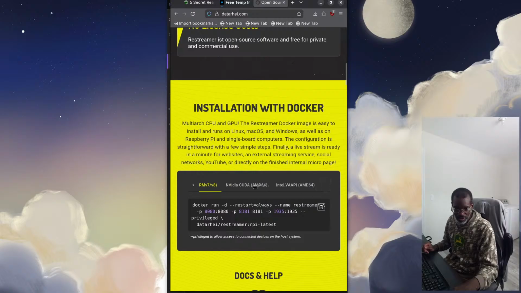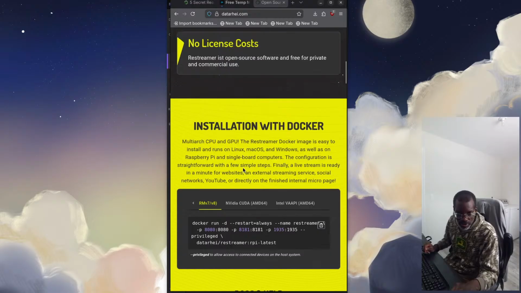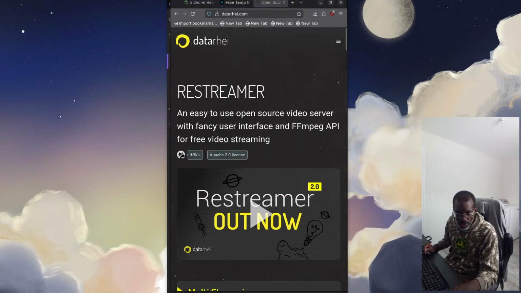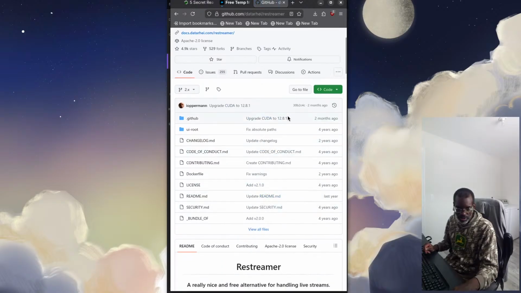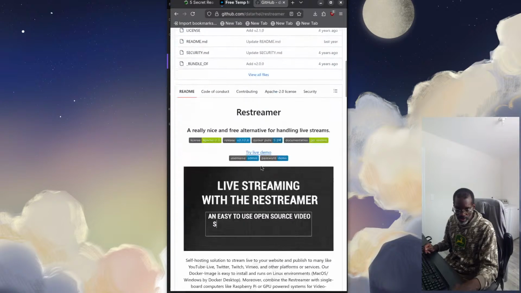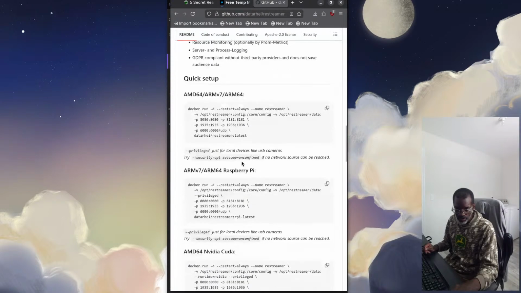All right, and then obviously if you have NVIDIA, CUDA, or VAAPI, it says Intel, but it also works on AMD. All right, and then you can also look at the source code. It's on GitHub, I think. It's a quick way to jump to GitHub here. Here is GitHub, so just click on that. And you can see here, this is GitHub, the code is here. You see it's still well maintained, and you can read more information about this here as well.